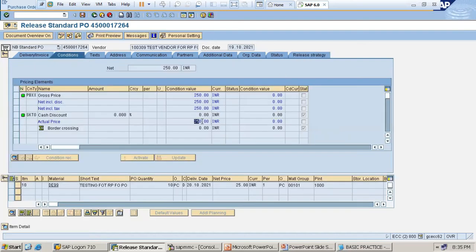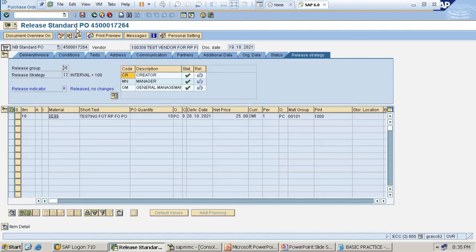Total 250 rupees, greater than 100, approval should be by 3 members. That's the reason it comes here. Check, save. Then go for create the PO. Here, right mark in status release.